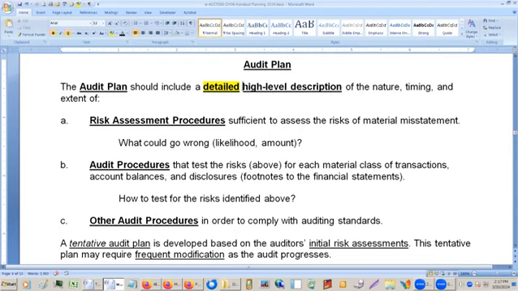My point being is that it's almost like baking a cake. If you follow the recipe, you're going to end up with a cake. It's the same kind of thing. As long as you go through the audit plan and do everything you're supposed to do on the audit plan, you'll come up with either problems or that you corroborate what the client has.